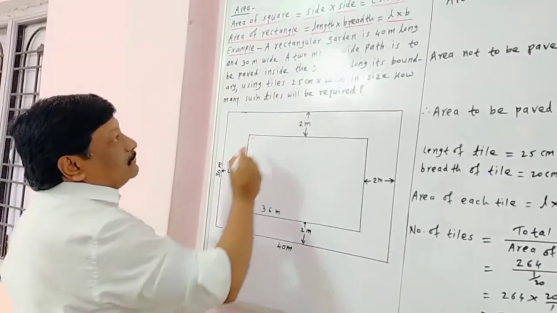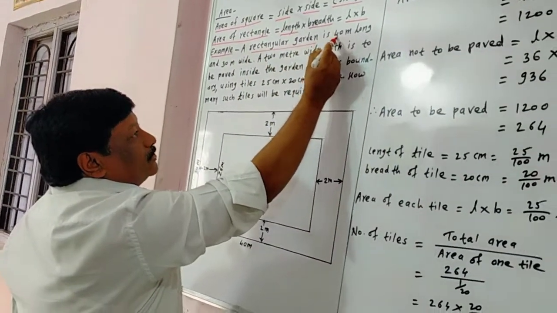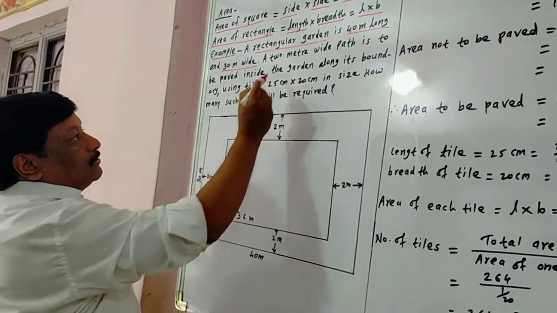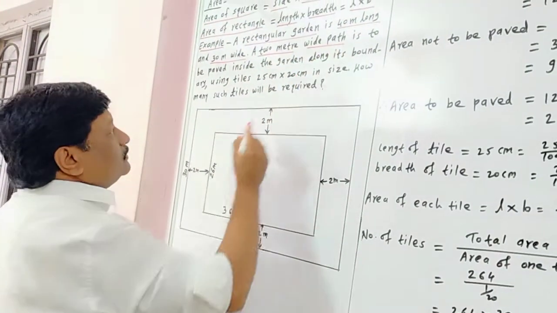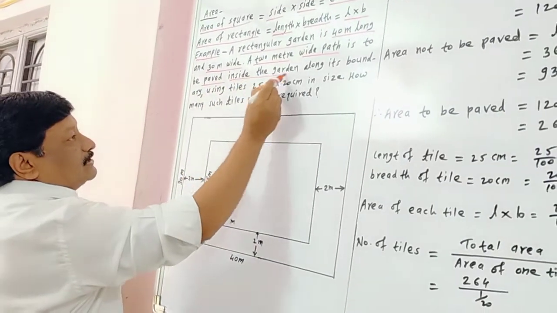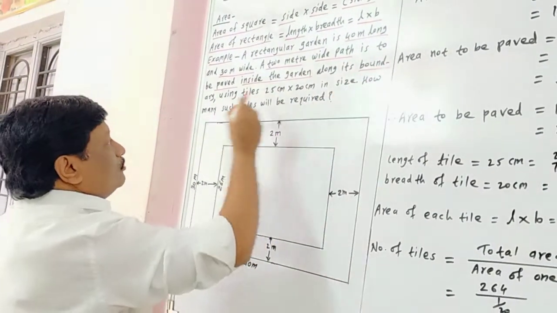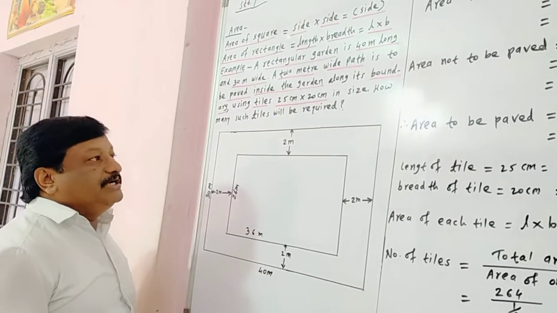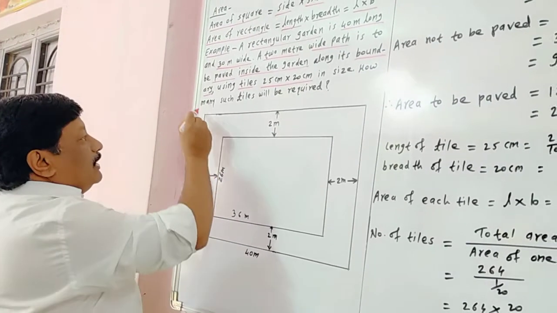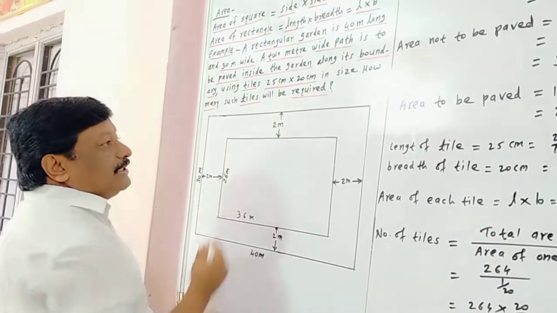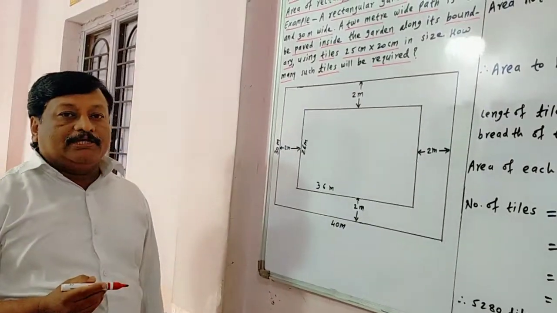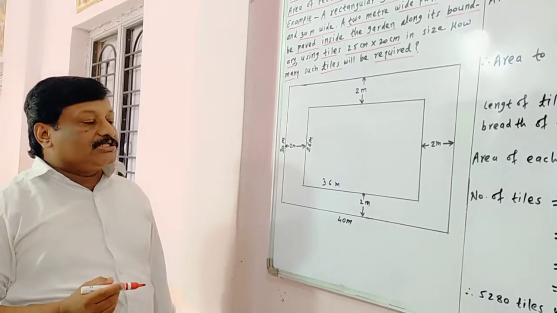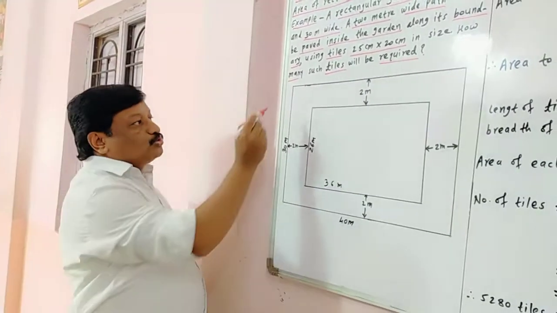Now example is a rectangular garden is 40 meter long and 30 meter wide. A 2 meter wide path is to be paved inside the garden along its boundary using tiles 25 centimeter by 20 centimeter in size. How many such tiles will be required? We have to find number of tiles to make a road or path inside the garden. Now solution is,